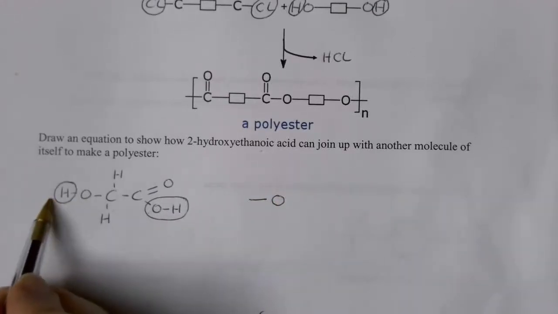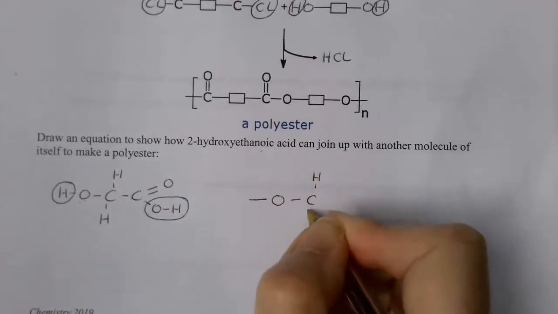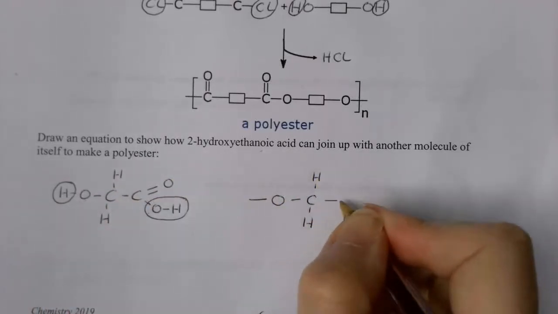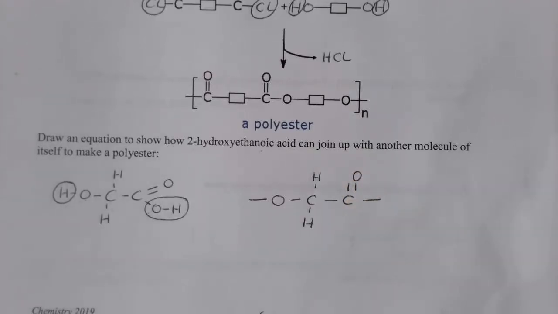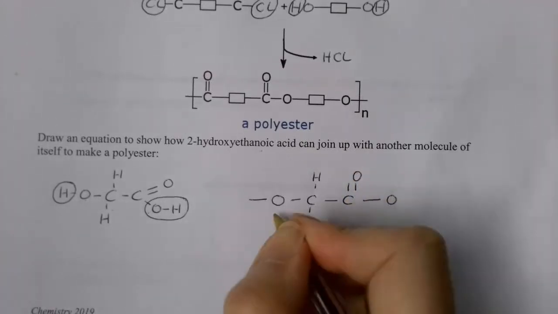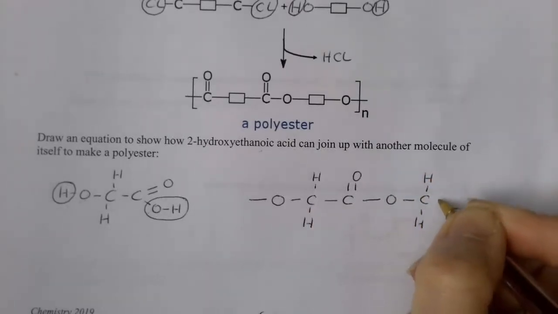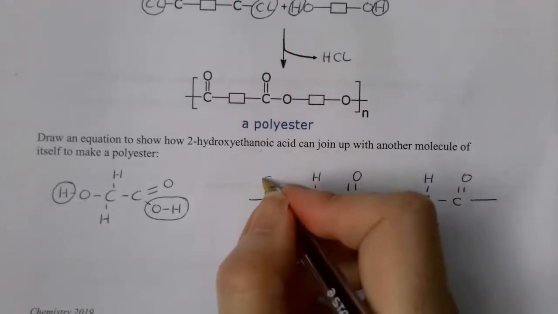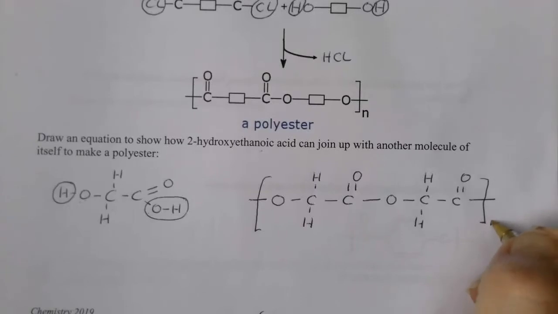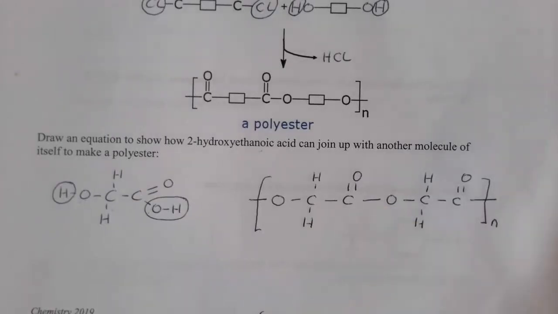So I've got my oxygen there joining on. I've got my carbon here with my 2 hydrogens. I've got this carbon with my double bond oxygen, and that's 1 repeating unit. If I repeat that, again starting with the oxygen, carbon with 2 hydrogens, carbon, double bond O, and again a line. Now if I put a bracket around that and an N, that's showing I've got 2 repeating units. If I was to pick that up and put it there, that would be fine, and it would be repeated